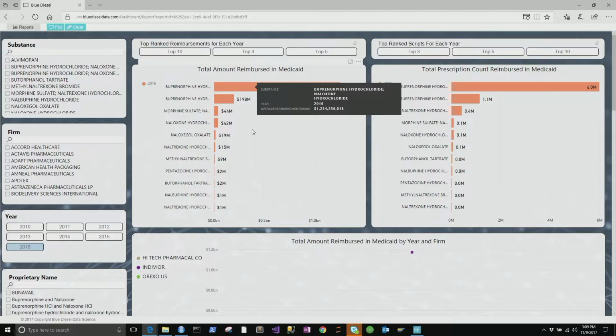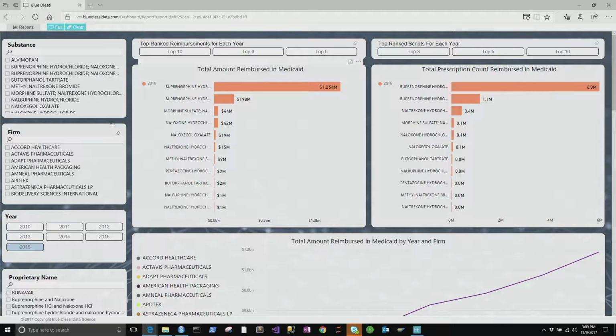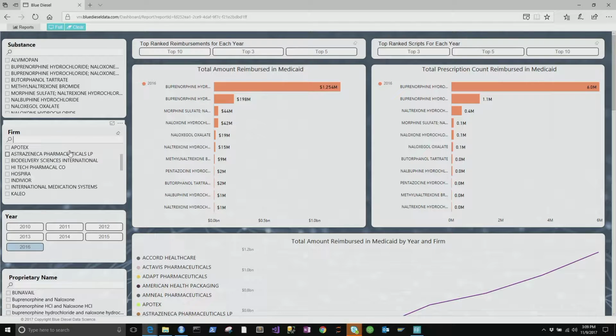So you can deselect that. As you can imagine, you can drill further. You can investigate a particular firm over here. You could look up by substance if you wanted to investigate it that way. Our general inquiry report is really made to dive into drug molecules at the substance level, but you could do